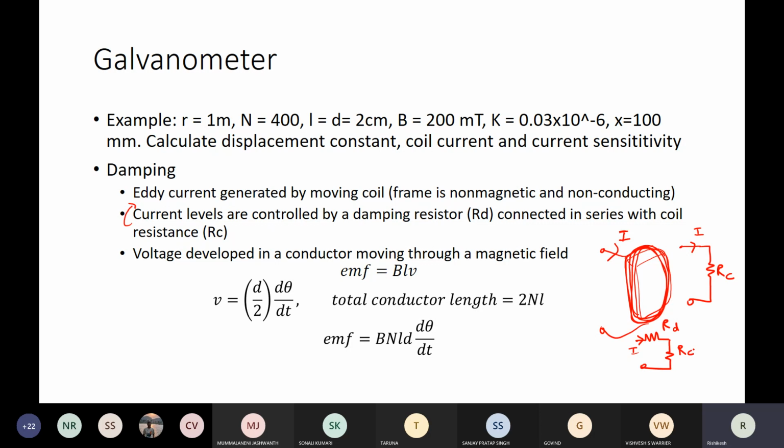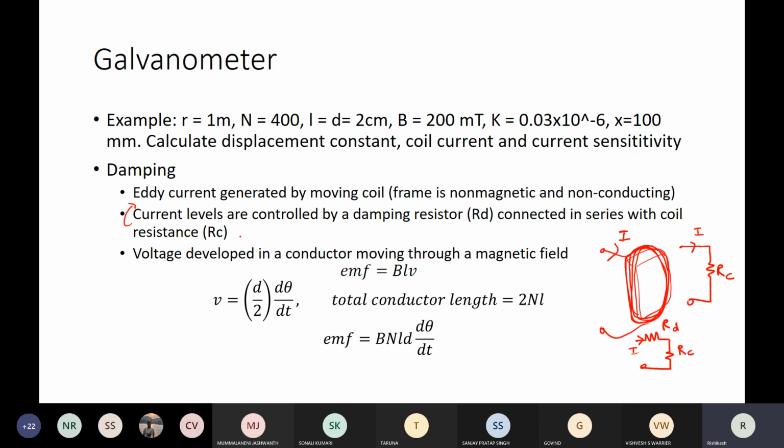So the current level associated with the coil movement, causing the eddy current, is basically controlled by the damping resistor and RC. Now if you evaluate how much current will flow and how much torque will be associated with